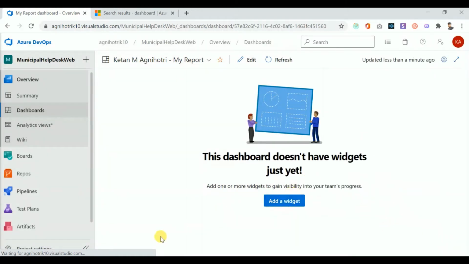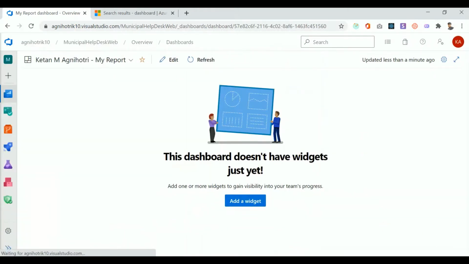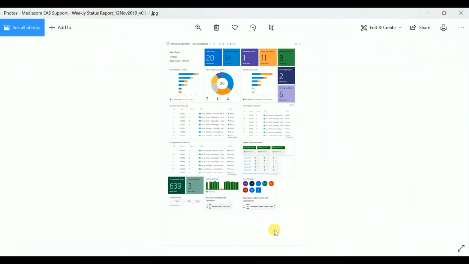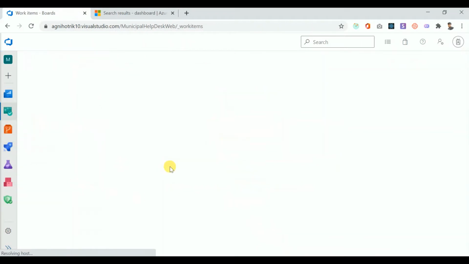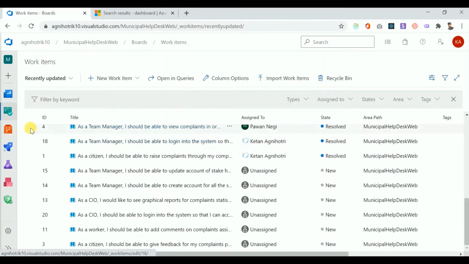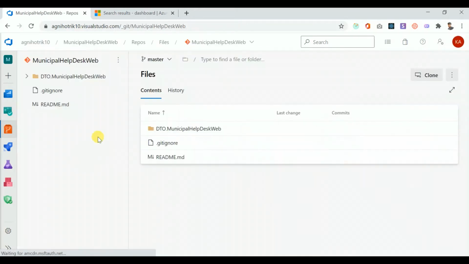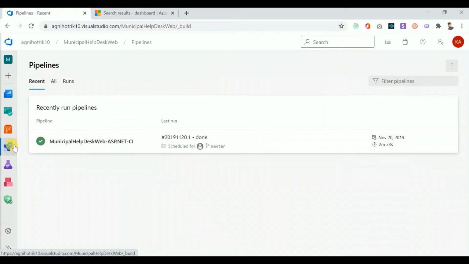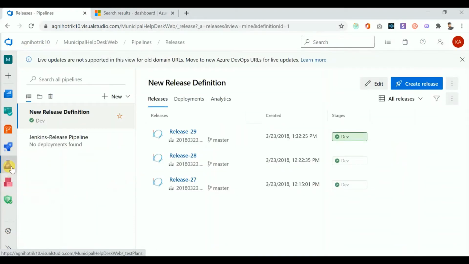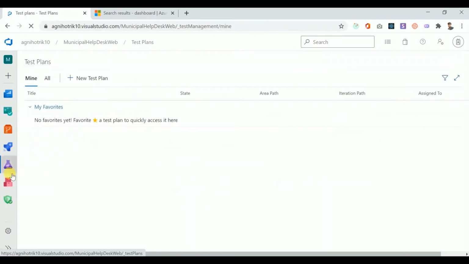Then moving to the next section, just like my report, I want a similar report for my project. If I navigate to work items, I have some work items already. There is source code as well. Then in the pipelines section, I have a few pipelines ready, and release definitions as well. In test plans, I don't have anything, but you can add test plans as well. So moving back to the dashboard section,